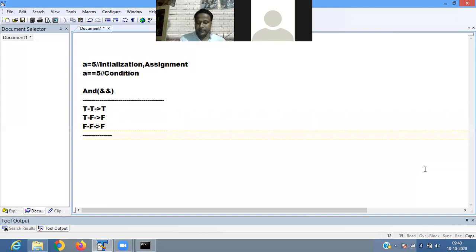So the and operator tells you that if both conditions are true, it returns a true value.